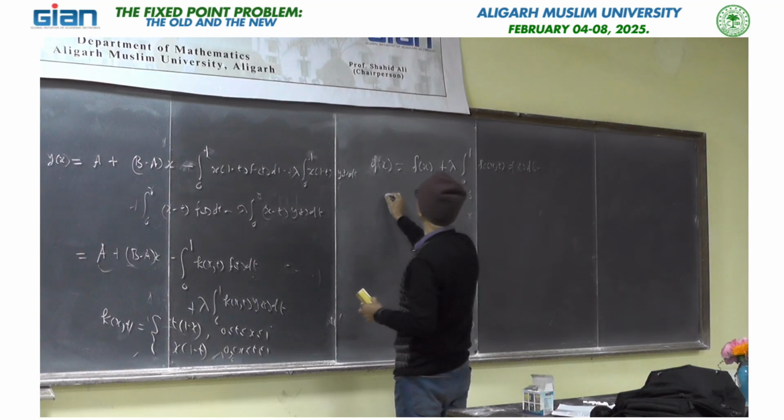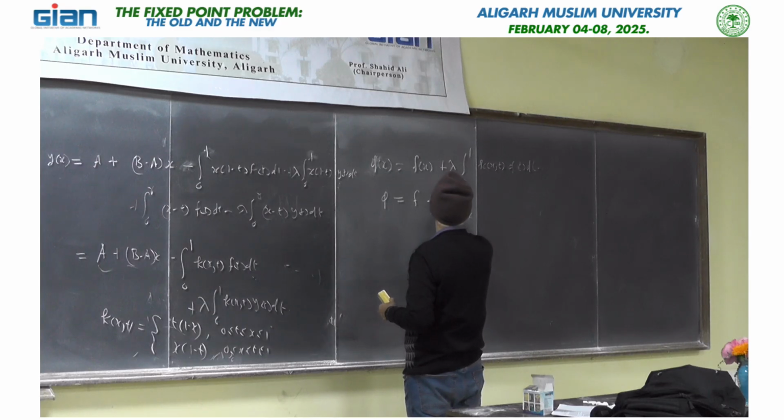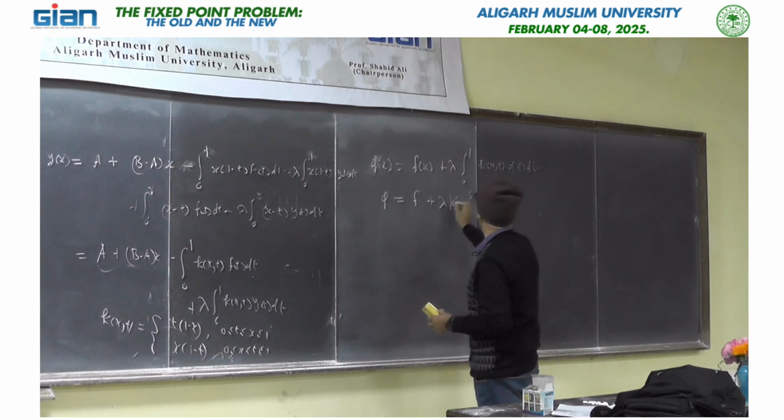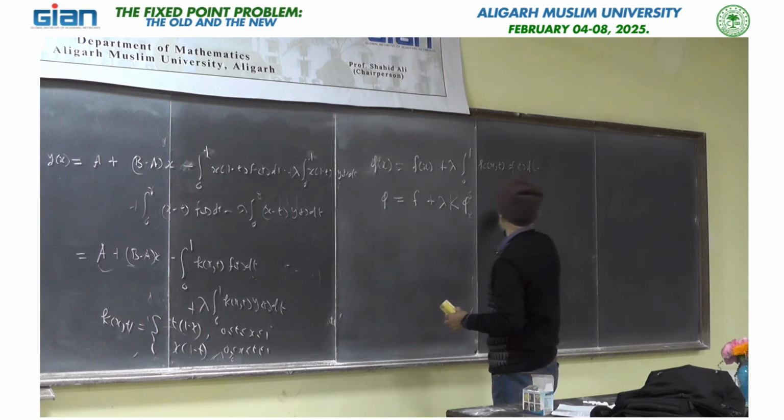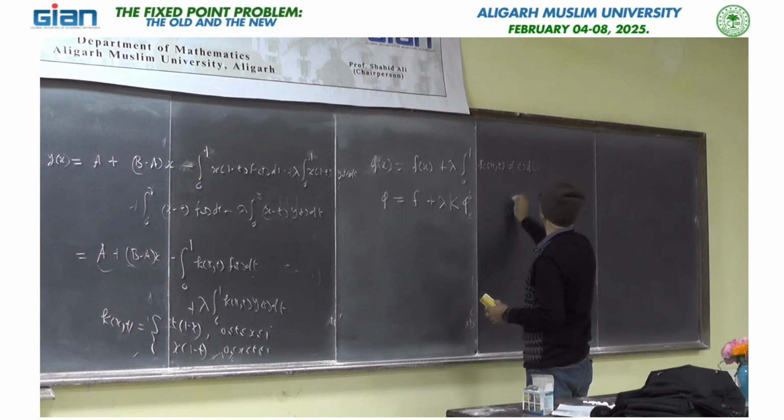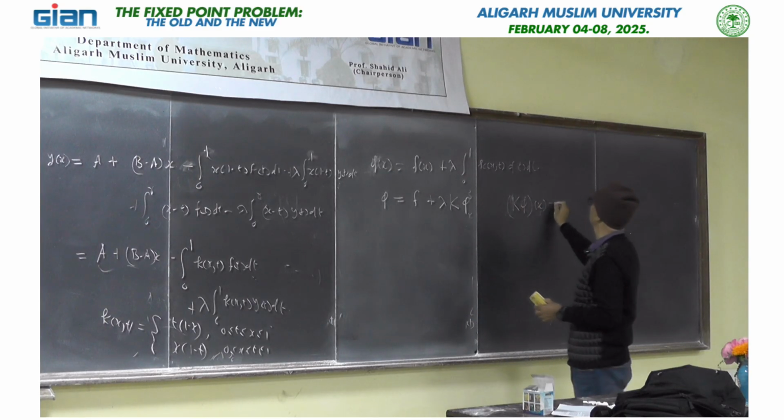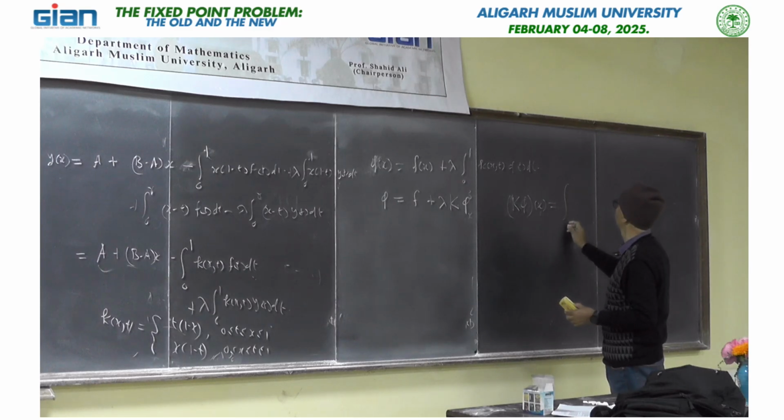So, what we need to solve is this phi equal to f plus lambda, and this we write as operator k of phi. And what is that operator k? K phi at x is, in the Volterra case, 0 to x, or we can write it like this also, 0 to 1 k x t